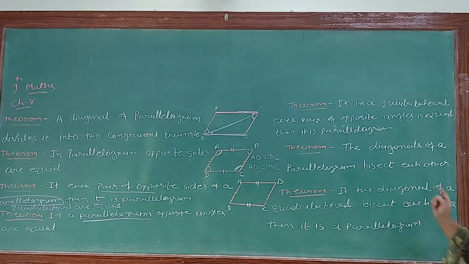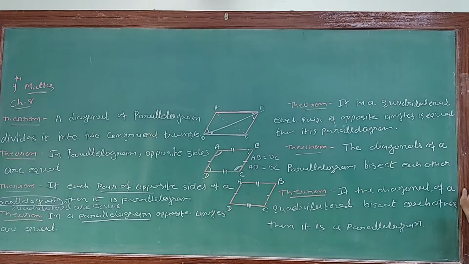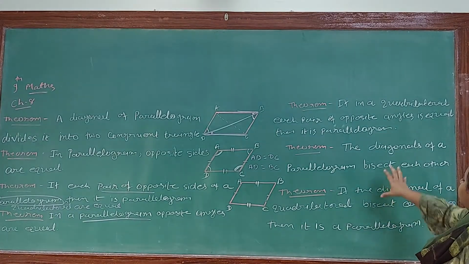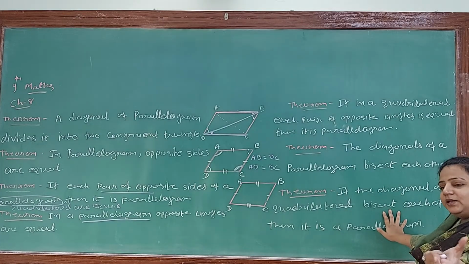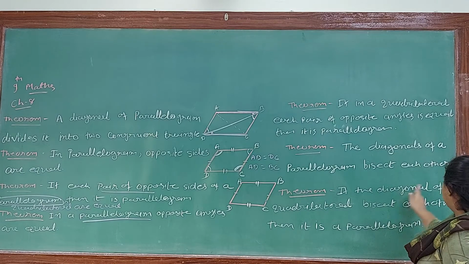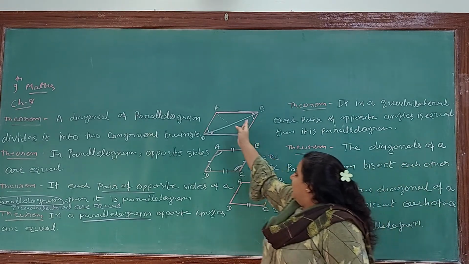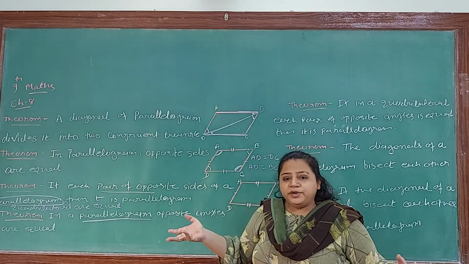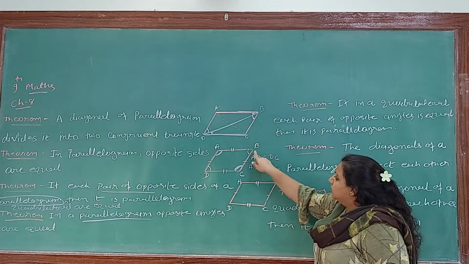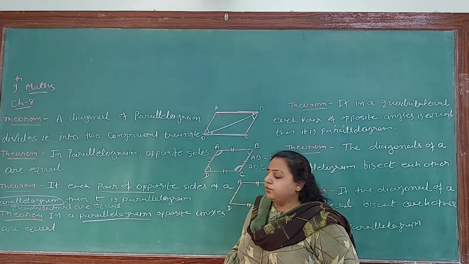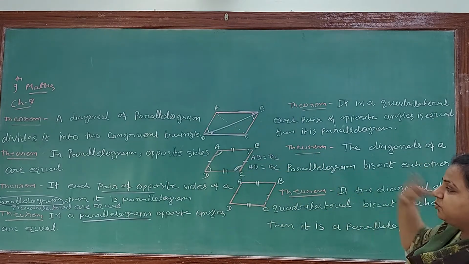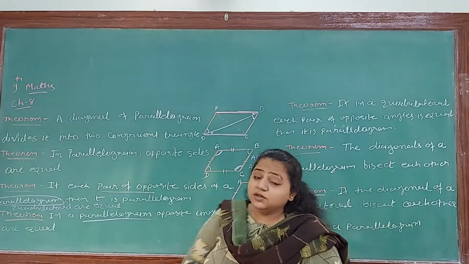Okay. Next theorem. If the diagonals of a quadrilateral bisect each other, then it is a parallelogram. Same repeating, right? If they are equal and bisecting, that means it is a parallelogram. They are saying about opposite. In the diagonal, that means if we are seeing diagonals, automatically they are opposite, right? Then only it is possible. Otherwise no. So if diagonals are there, that means they bisect, and if they bisect, that means it is a parallelogram. Next theorem.